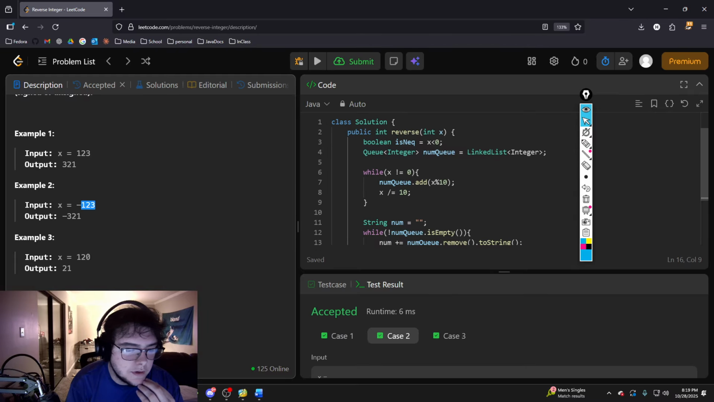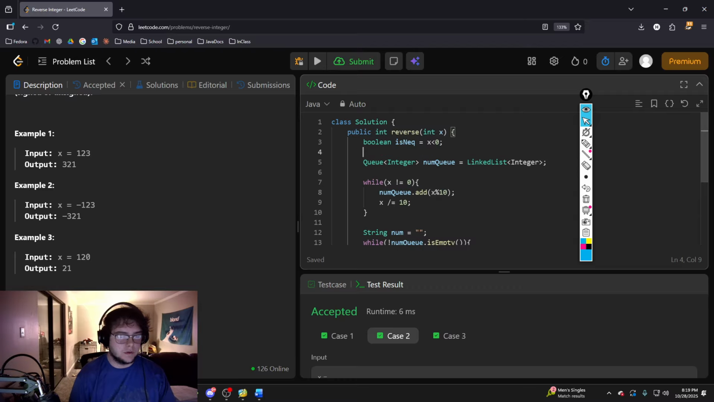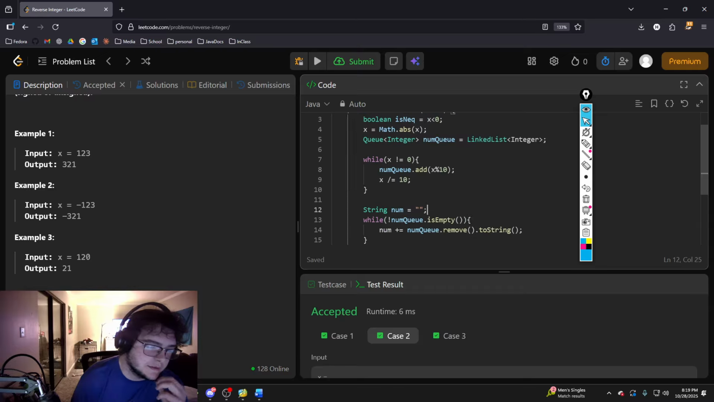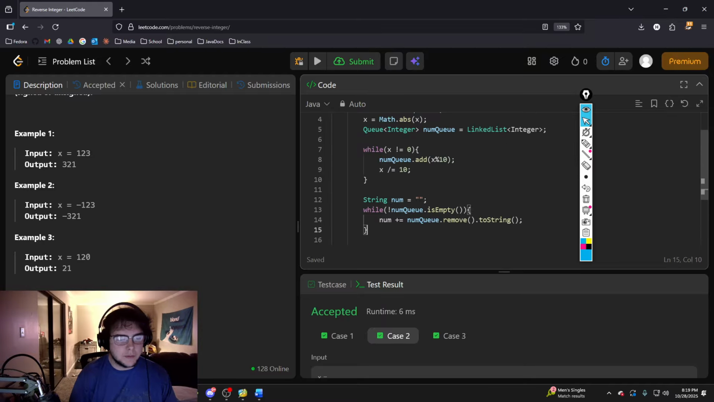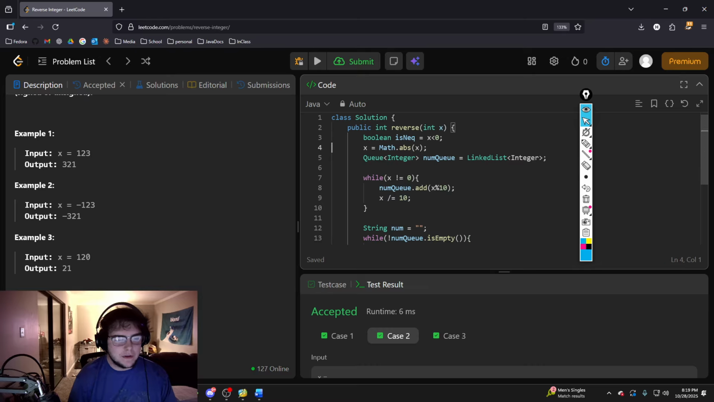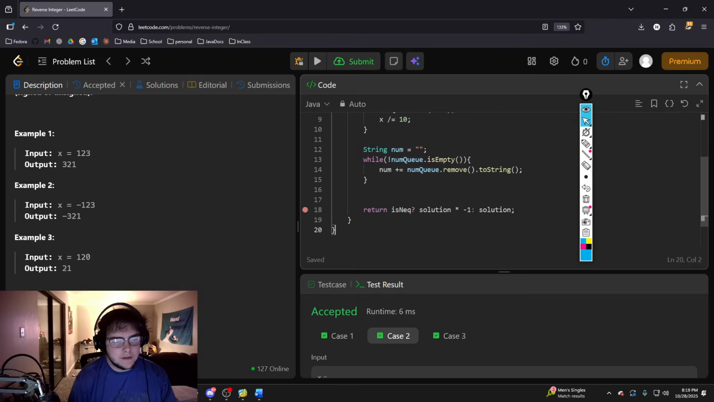So what we want to do is set x equal to the math collection, or the math library, and then we're going to call the absolute value function and pass it x. So x is going to be equal to the absolute value of x, so x will always be a positive number, and then when we do the mod operator, it will always give us positive numbers, and that's what we want. And the isNeg keeps track of if it's negative or not. And at the end, we'll return a negative if it's negative and a positive if it's positive, right? And then